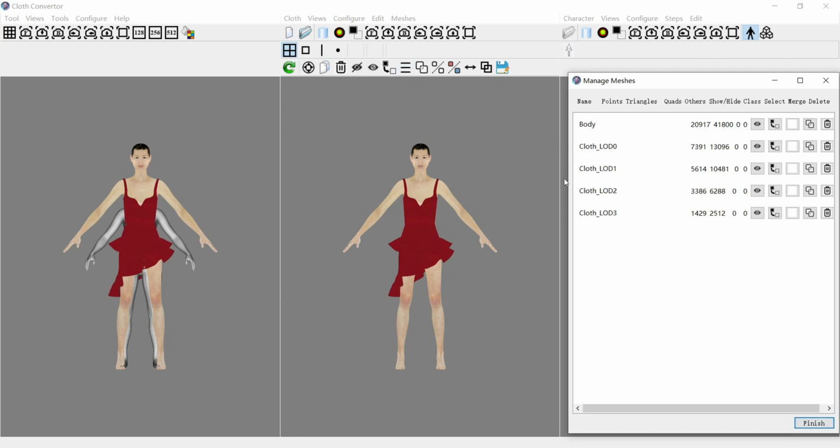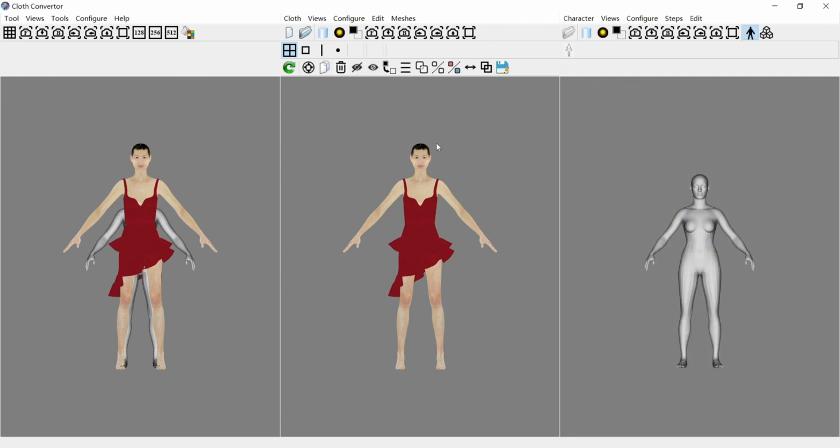Click this button. You see this one has a body and LODs for this cloth. LOD 1, LOD 2, LOD 3. Click. Finish. Then we need to convert each LOD one by one. So before we do that,